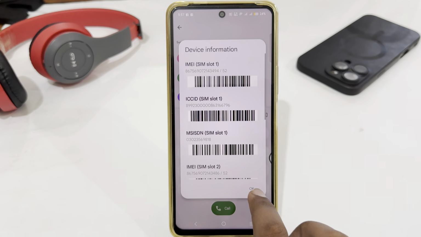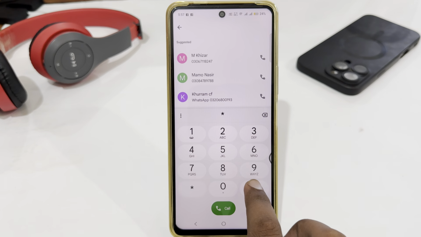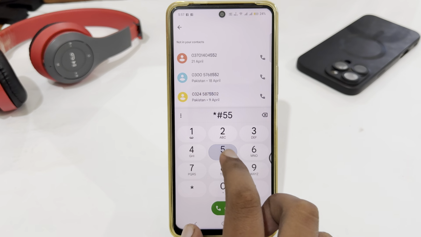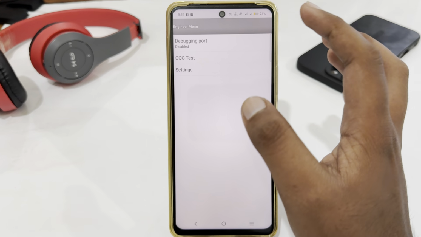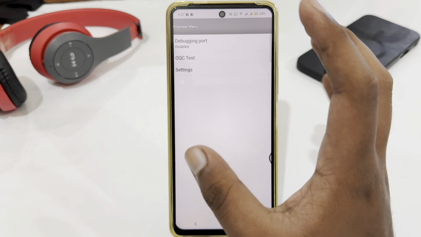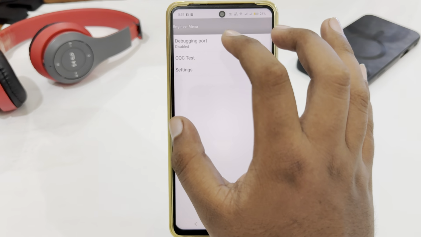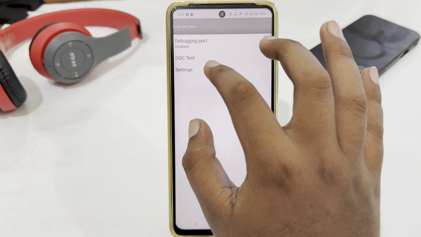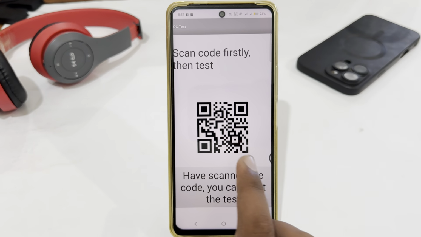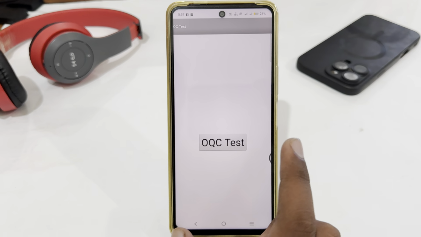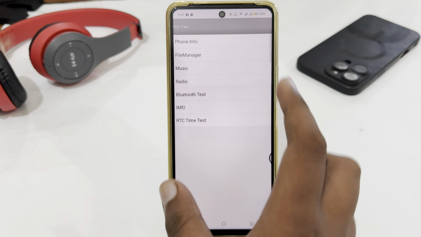So the second code is star hash 558 hash. And here you can see yes, the screen has been opened and here you can test some of your engineer tests. So let's go for set OQC test and then you have to scan this code and here you can see